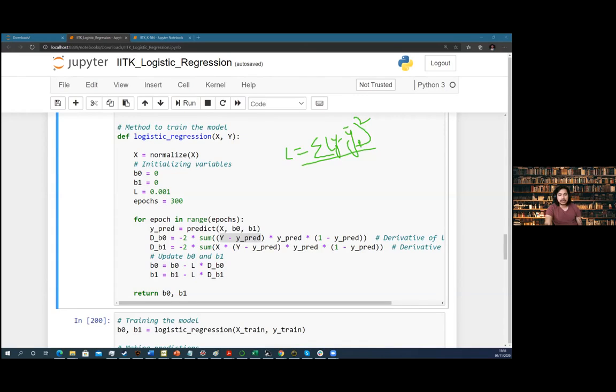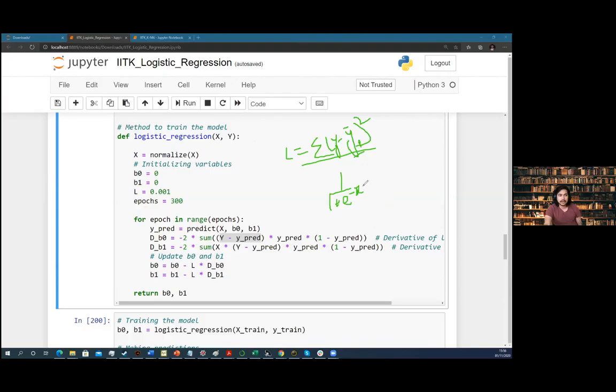What we are going to do here is use the gradient descent algorithm, to update the value. We use gradient descent, so you have to calculate the first derivative. We also know that y prediction is a prediction made on the basis of the sigmoid function, which is 1 over 1 plus e raised to the power minus x.